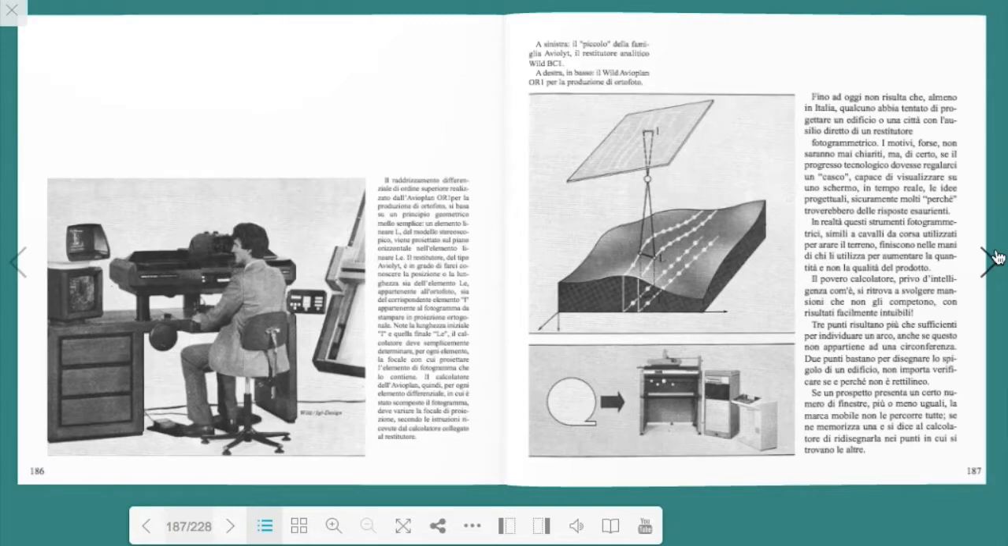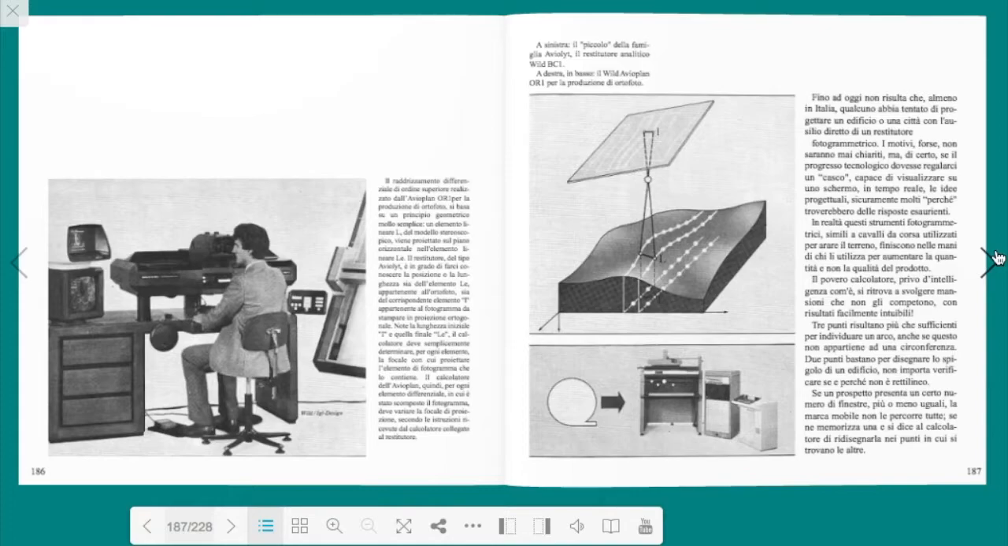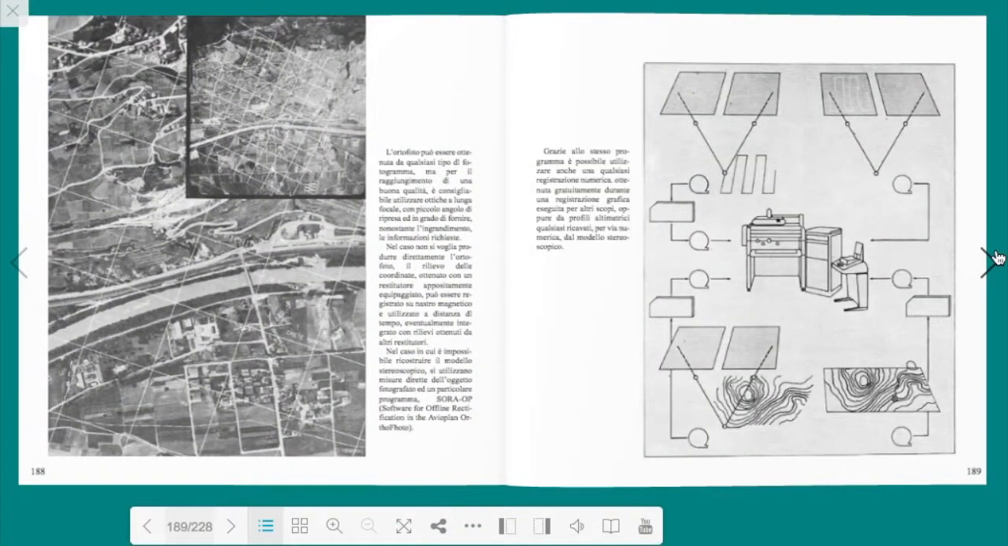If a prospect has a certain number of windows, more or less the same, the mobile brand does not cover them all. One is memorized and the computer is told to redesign it in the places where the others are located. Caption. Left, the baby of the aviolid family, the analytical restitutor wild BC1. On the right, below, the wild aviaplane or one for the production of orthophotos. Pages